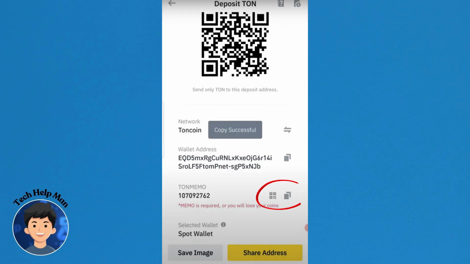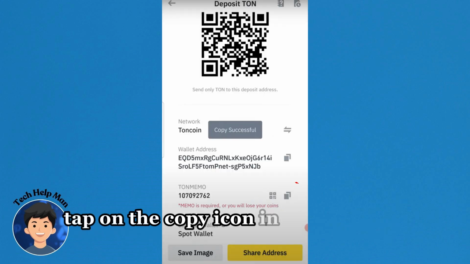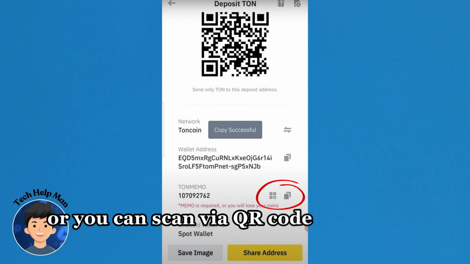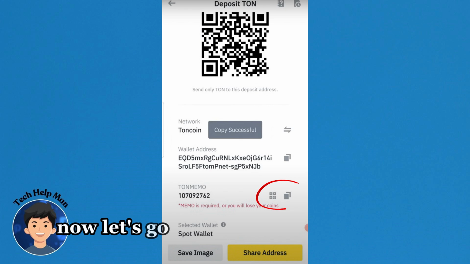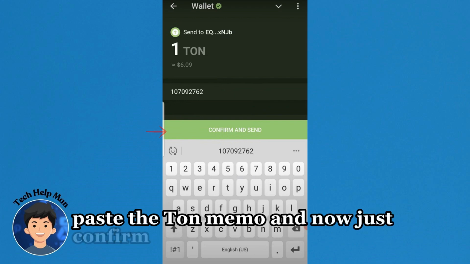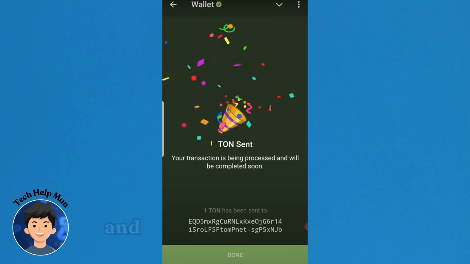In the Binance app, tap on the copy icon in the TON memo section, or you can scan via QR code if you want to. Now let's go back to the Telegram app. While we are in the Telegram app, paste the TON memo, and now just confirm and send,